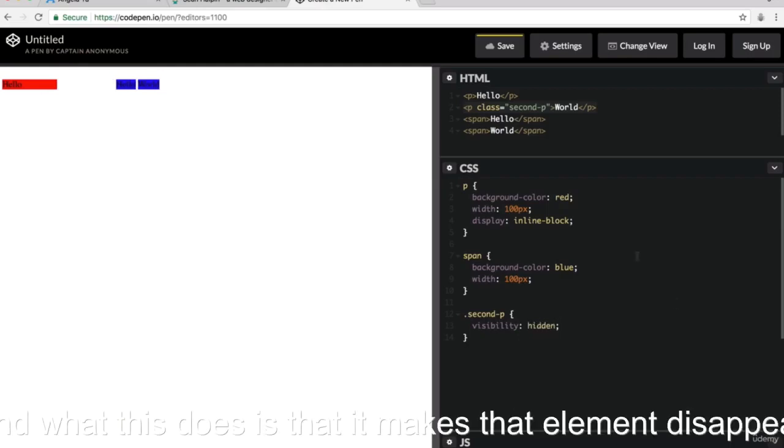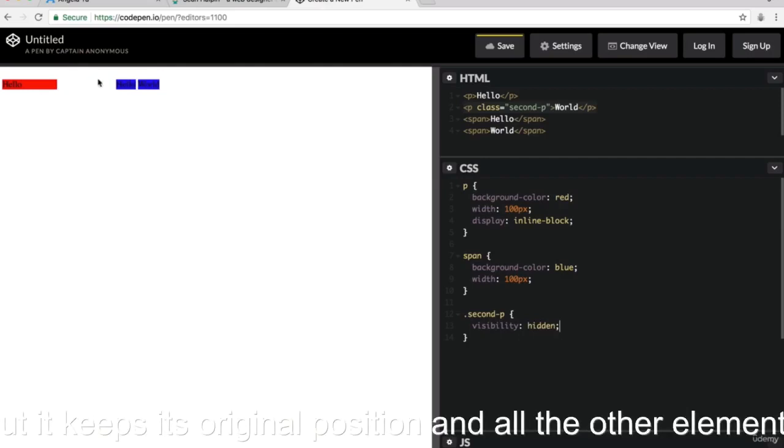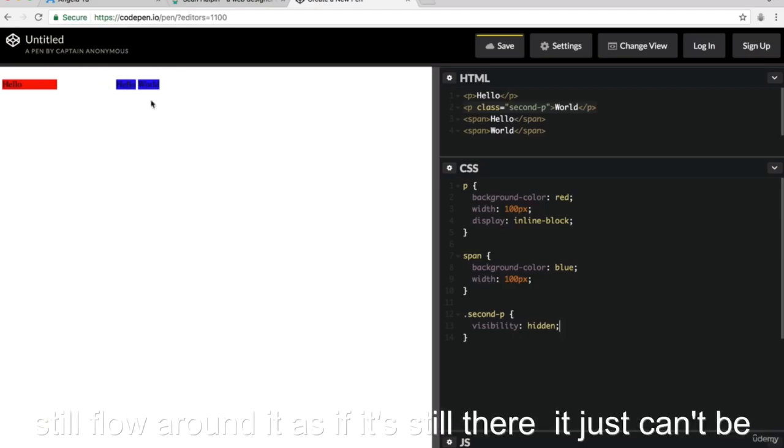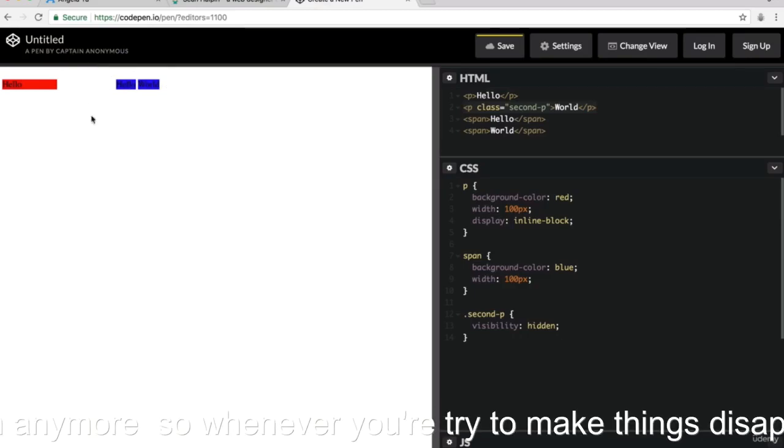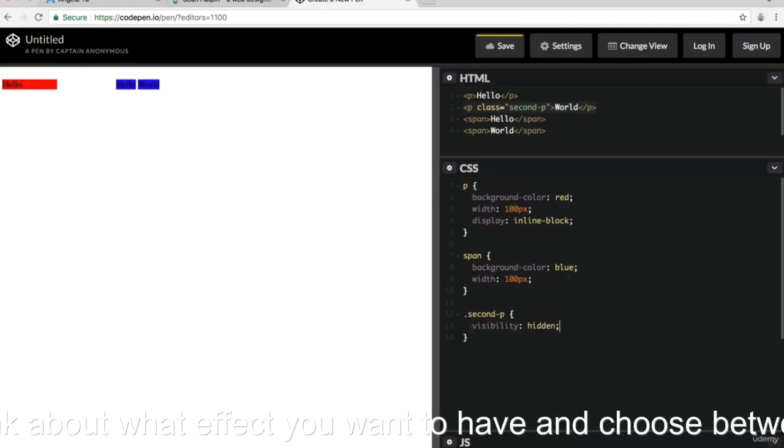What this does is that it makes that element disappear, but it keeps its original position and all the other elements still flow around it as if it's still there. It just can't be seen anymore. So whenever you're trying to make things disappear or reappear, think about what effect you want to have and choose